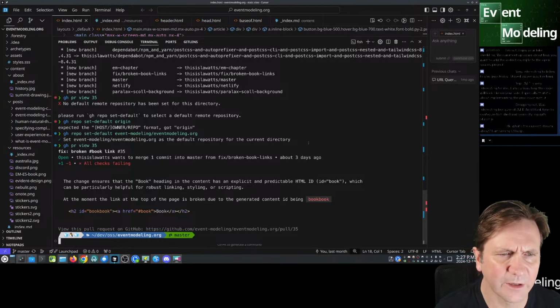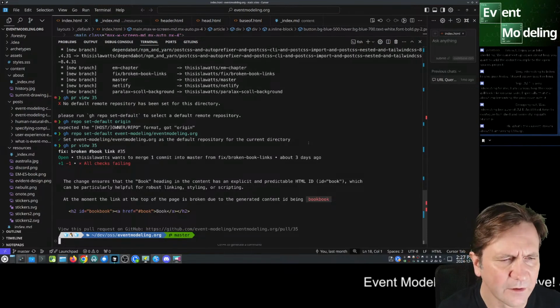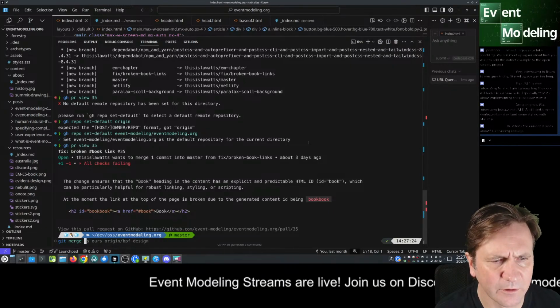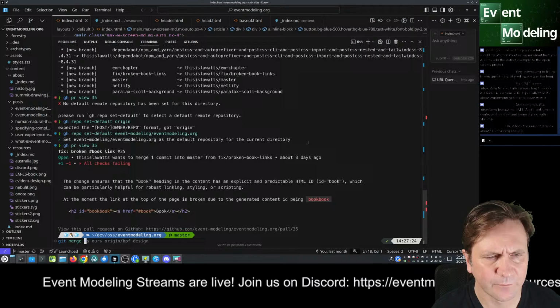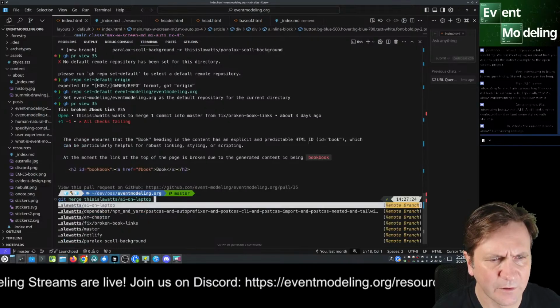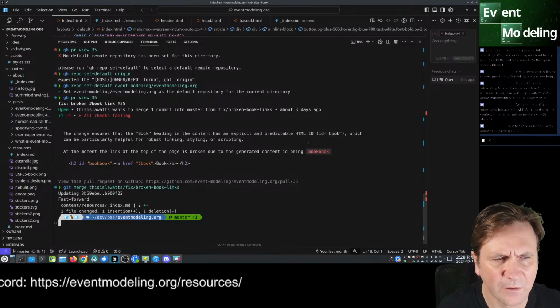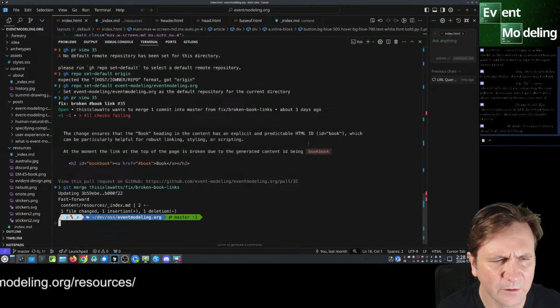Oh yeah, the ID is bad. Thanks for this. So git merge this. That should be good.